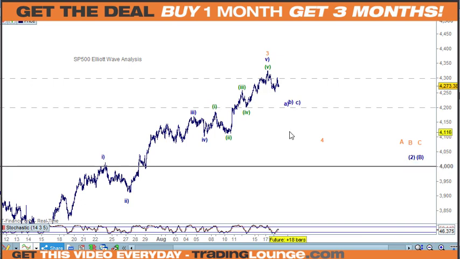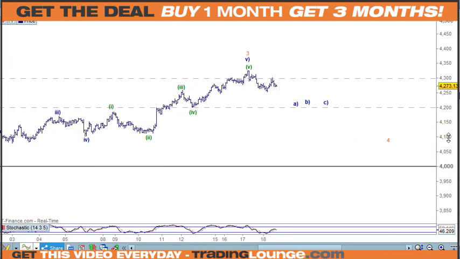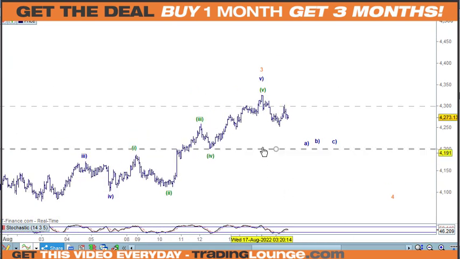So the question now is that, well, the good news is that we've got a clean 5-wave structure to the downside. So in a nutshell, we can short under here. We'll get closer to the market, but because that's 5 waves here, you'll be able to short, well, in this area here as well.